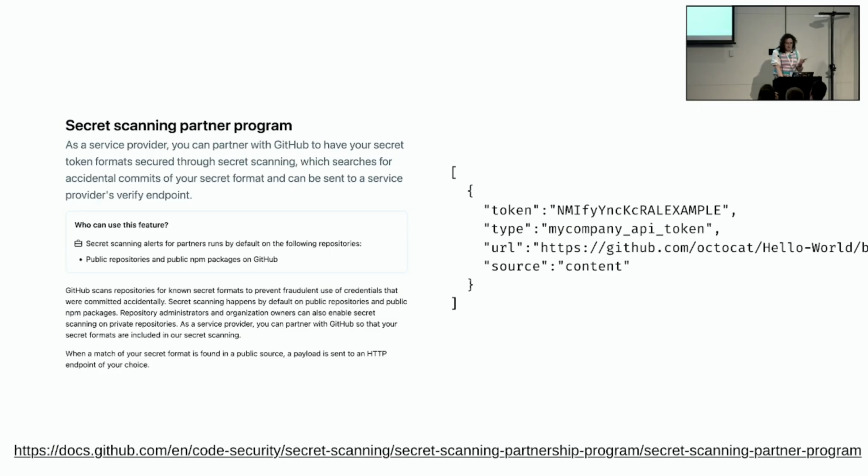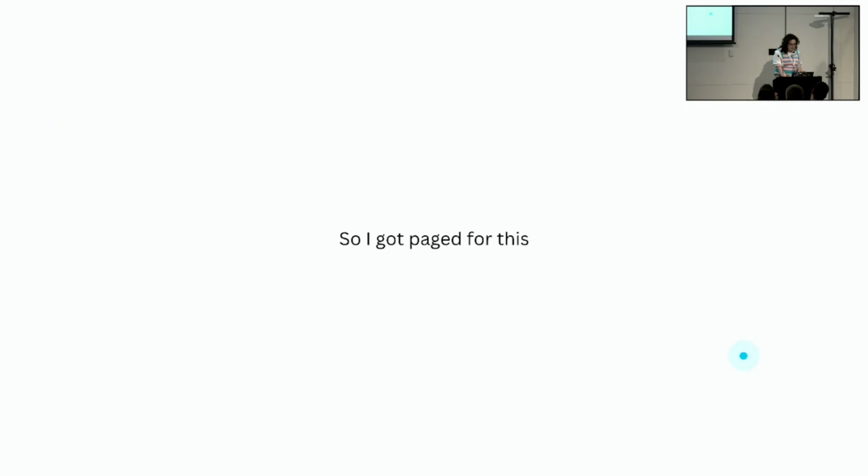GitHub and some other companies thought it was a good idea to set up this program where if we put the keys in this format that I mentioned earlier, starting with a prefix and having a checksum, they'll scan all blobs, commits, and comments for things that look like their secret passwords, and then send them to whichever company. So if you post your AWS secret to GitHub, GitHub will send what it saw to AWS, and they'll process it, look for it, and revoke it. And fun fact,